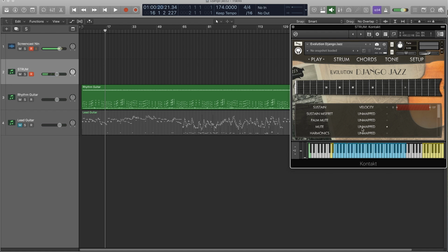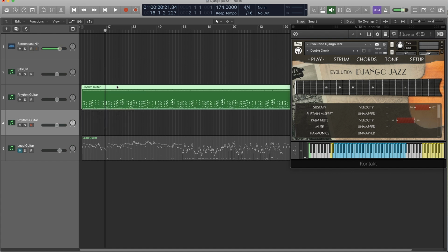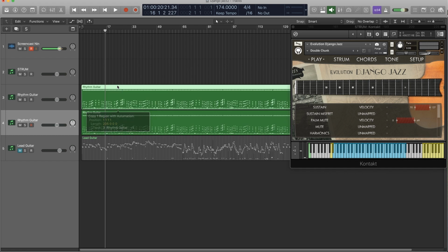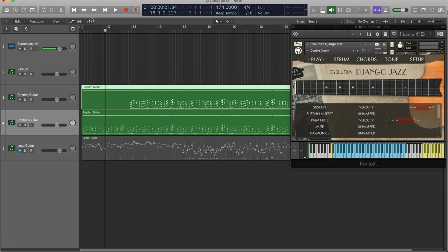What I'm seeing here is it's trying to trigger a little bit of this guy, which isn't set up here. So why don't we go ahead and see if we can't get a Django Chunks preset set up and see if that sounds a little better. Okay, it sounded a little bit better, but I'm wondering if maybe we doubled it up here with the chunks. So to do that, I'm going to simply take our old rhythm guitar part that we were listening to in the MIDI. I'm going to just delete my melodic content. So now I've got 20 some bars of just the